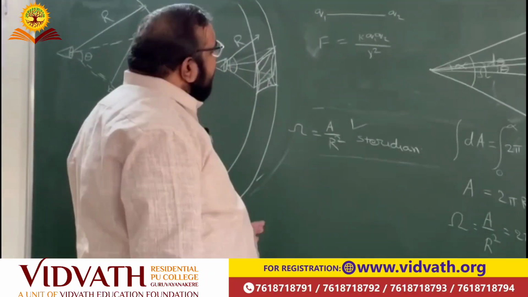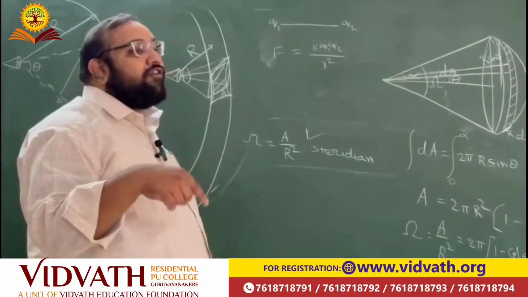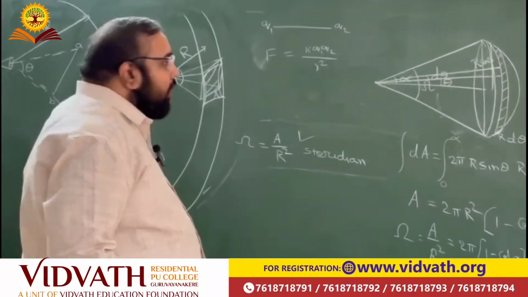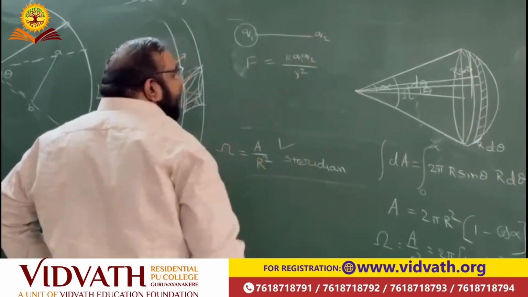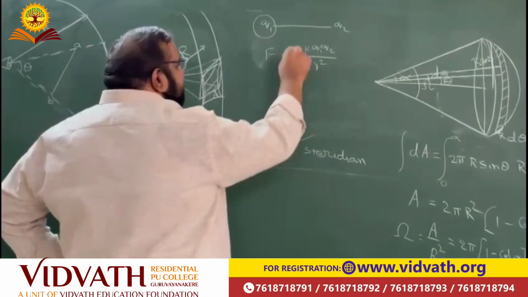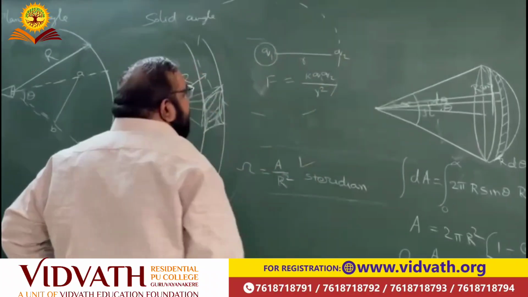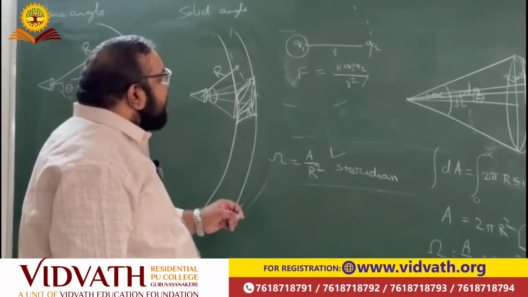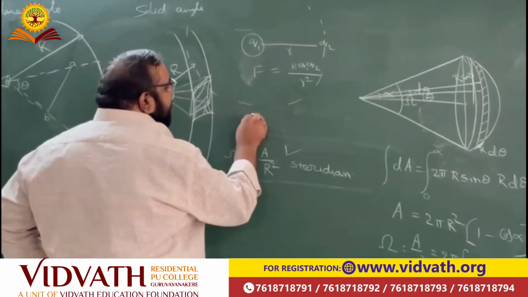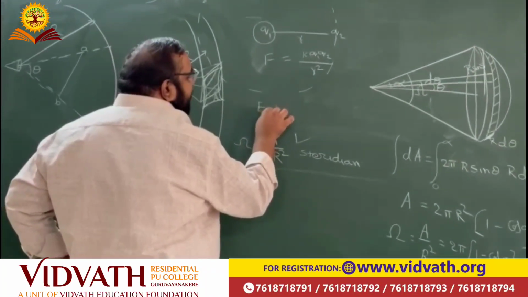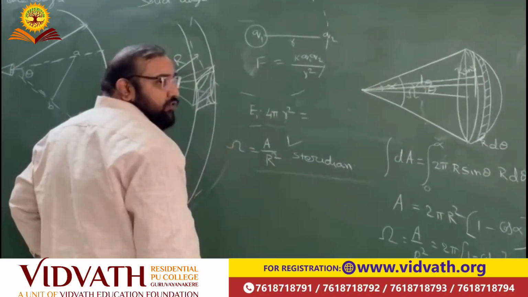Now, generally how do we calculate the force for our concept? First we have to calculate the field and then F is equal to EQ. It's clear now? Now my point is, due to the Q1 charge, here I want to calculate the field. Let this be the radius R and let me draw a circle. So Q2 is the charge which is placed in the field of Q1. Now clear? So for Q1 apply the flux concept. E dot A. What is A? 4 pi R square. That is equal to